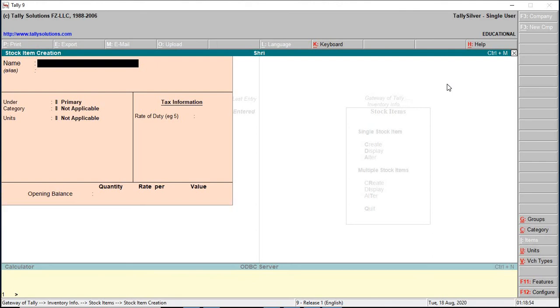To create a stock item in advanced mode, the required features and the configuration options can be enabled by using F11 and F12.